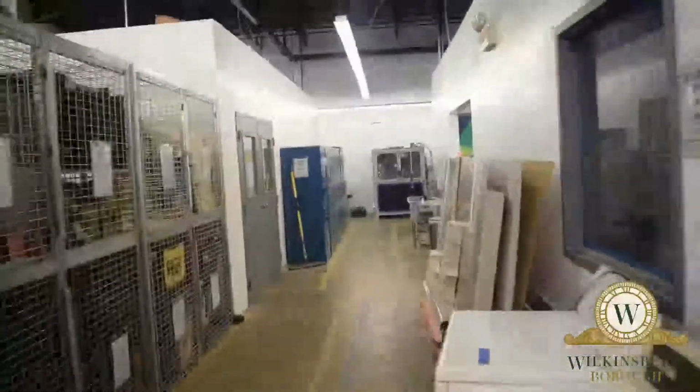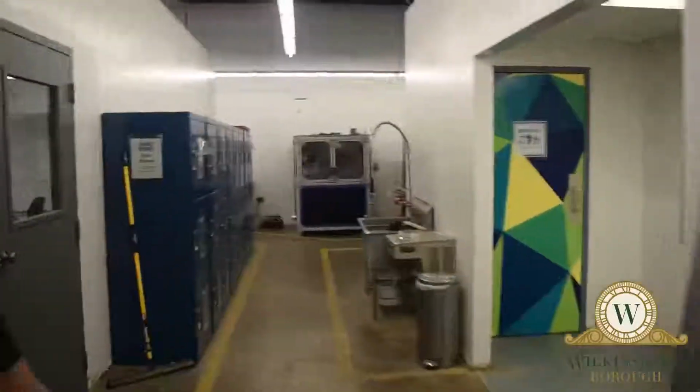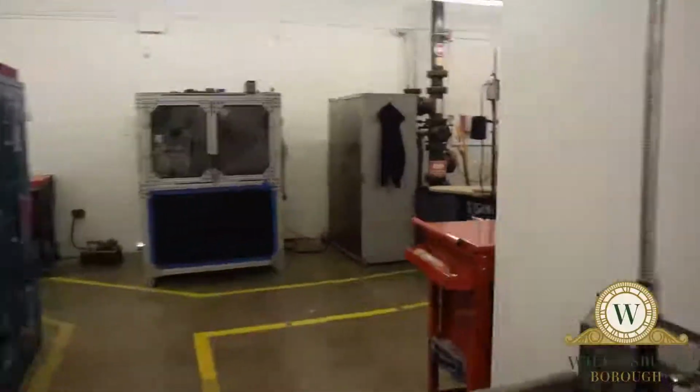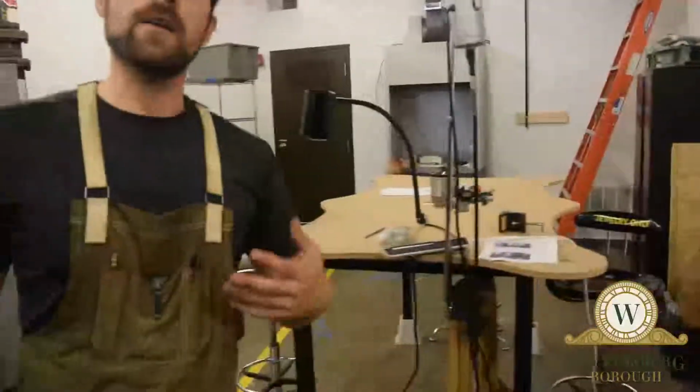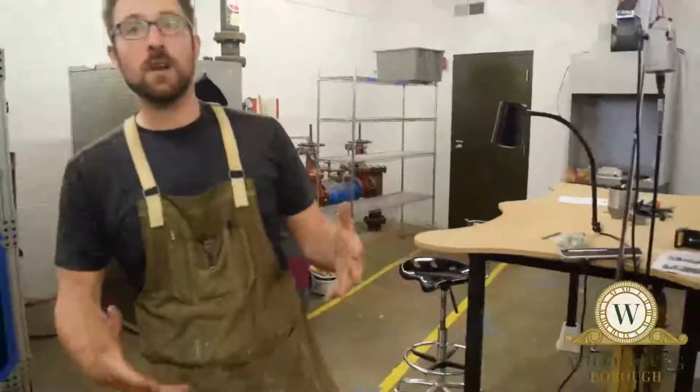is our jewelry area. And this is our jewelry area. It's being set up right now by some of our volunteers, and this is a good opportunity to talk about